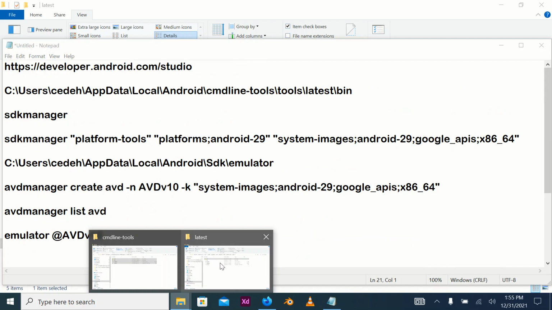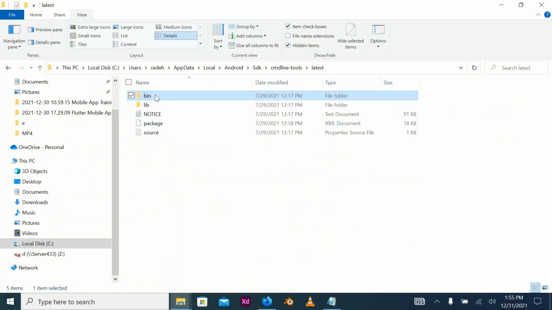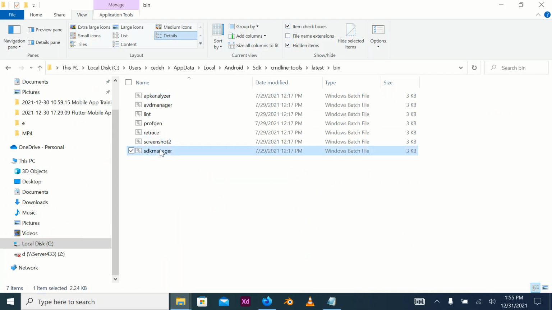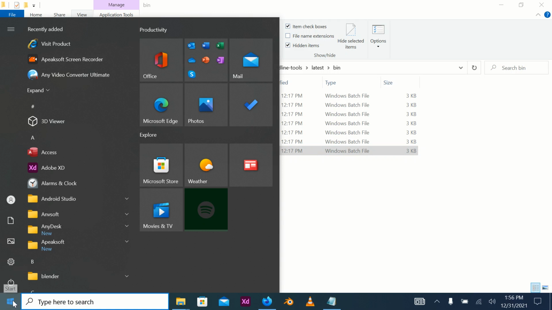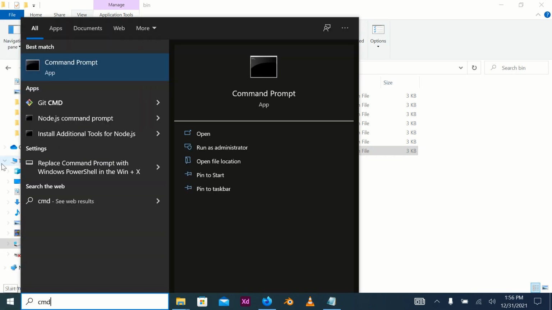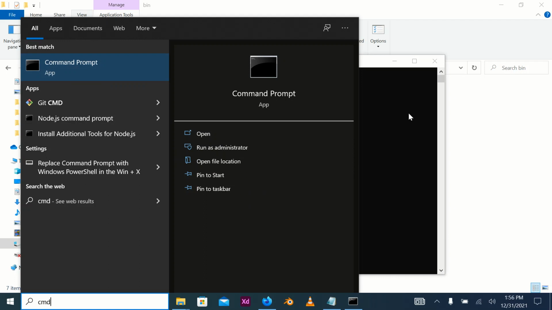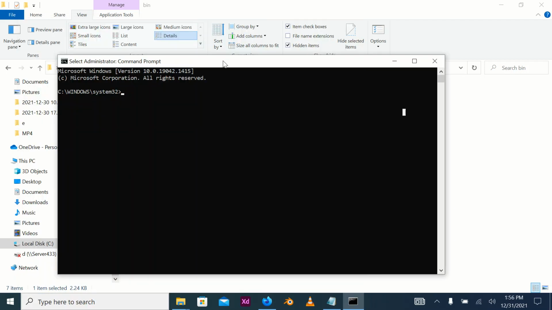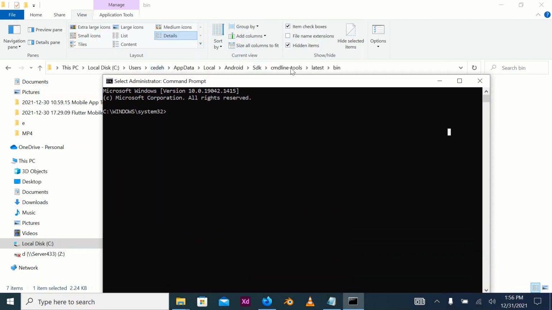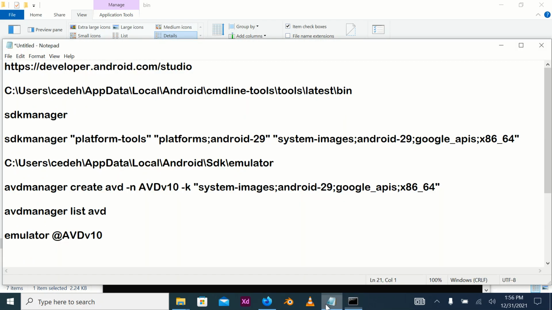Now this SDK manager is located here inside this bin. This is the SDK manager which we'll be using subsequently. So click on your menu, type cmd, command prompt comes out, right click on command prompt and run it as administrator, and then open. So it's running as administrator right now,